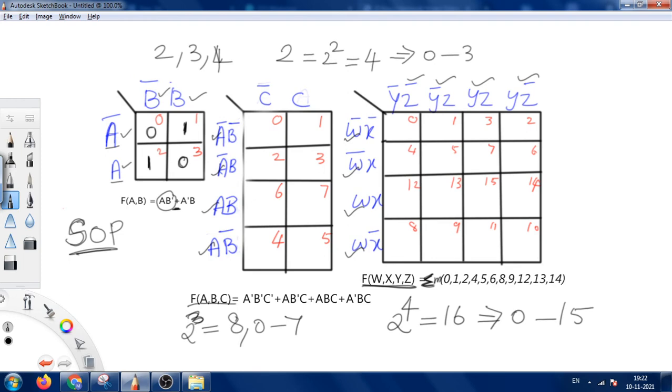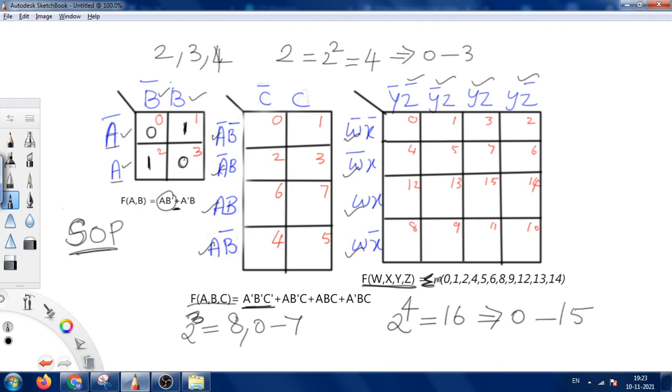Let us see here. The order should always be preserved: A, B, C. A, B are taken from here and C from the vertical direction. We can also draw the map in a horizontal pattern, but the names should always be in order as A, B, C. Only then can we get the correct representation of the data.